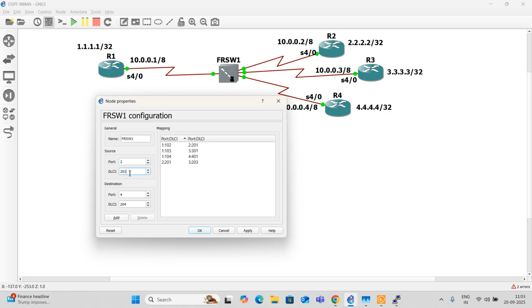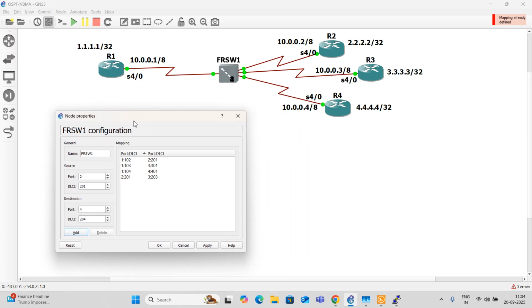201 to 204. Yeah. What is this? Okay, I need to put another PVC.